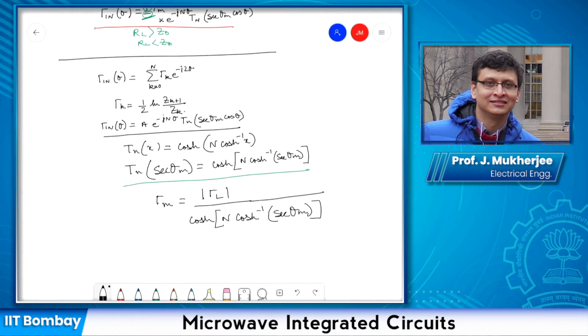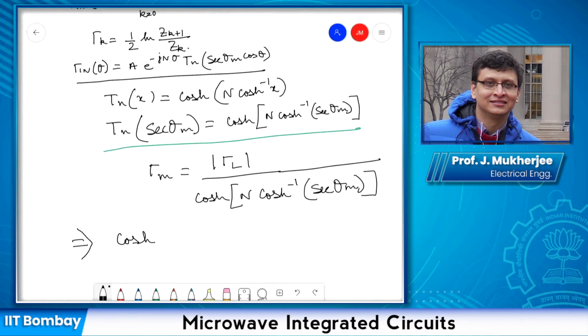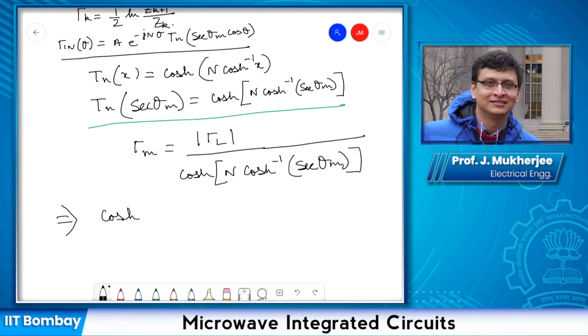And then from here we can try to find out the value of sec theta m. So we can write cos h of n cos h inverse sec theta m is equal to modulus of gamma L on gamma m,